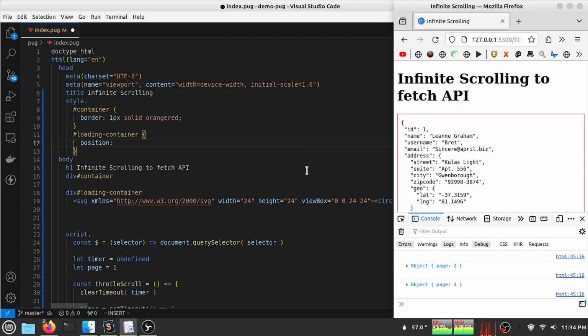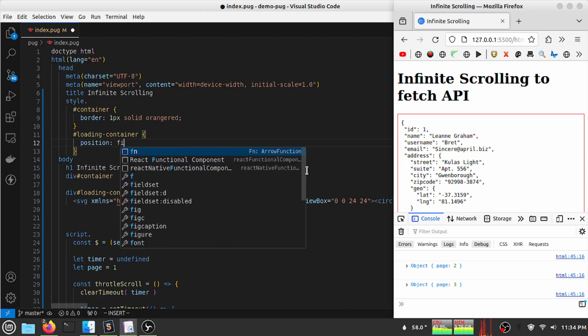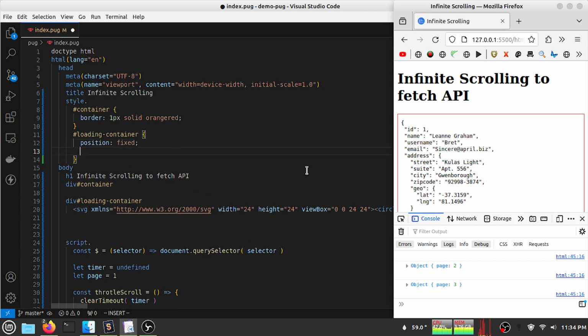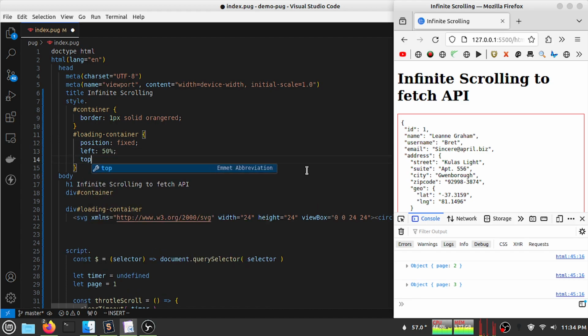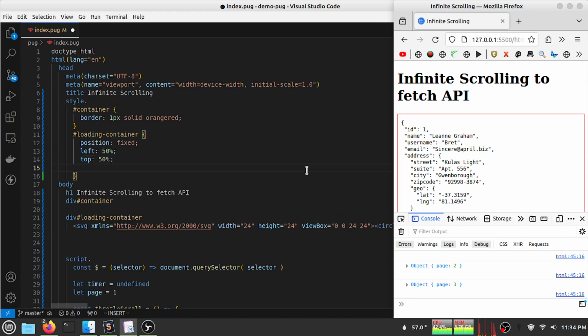We can do it multiple ways, but here I will use position, so that I do not have to worry about the other things. So position fixed, and left will be 50% and top will be 50%, and translation,